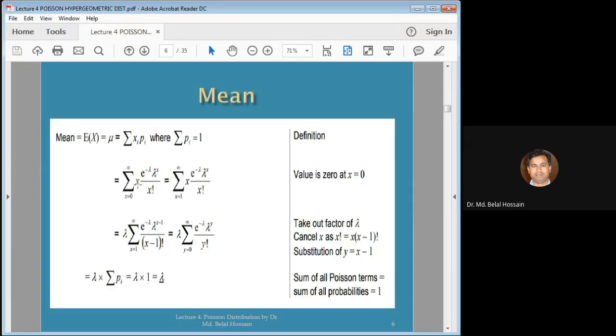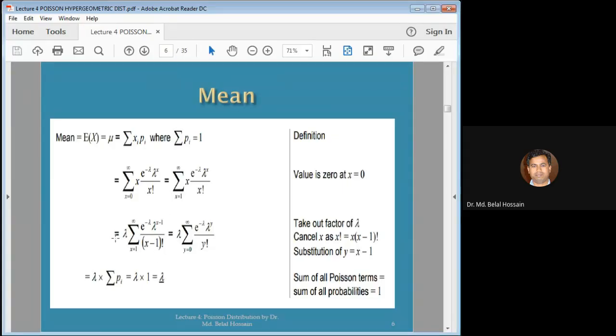দেখছেন এখান থেকে একটা ল্যামডা বের করে এটা সামনে গেছে, কারণ কী, আমাদের এখানে একটা এক্স আছে, এই এক্সটাকে তাড়াতে হবে। এই এক্সটাকে তাড়াতে গেলে এখান থেকে একটা এক্স নেব আমরা, এখান থেকে এক্স নিলে কী থাকে, এক্স মাইনাস 1 ফ্যাক্টোরিয়াল। আপনারা জানেন এক্স ফ্যাক্টোরিয়াল মানে কী, এক্স ইন্টু এক্স মাইনাস 1 ফ্যাক্টোরিয়াল, অথবা এক্স ইন্টু এক্স মাইনাস 1 ইন্টু এক্স মাইনাস 2 ফ্যাক্টোরিয়াল এন্ড সো অন, ওকে। 2 ফ্যাক্টোরিয়াল মানে কী 2 ইন্টু 1, 3 ফ্যাক্টোরিয়াল মানে কী 3 ইন্টু 2 ইন্টু 1, এক সবসময় এক এক মাইনাস যায়, ওকে।